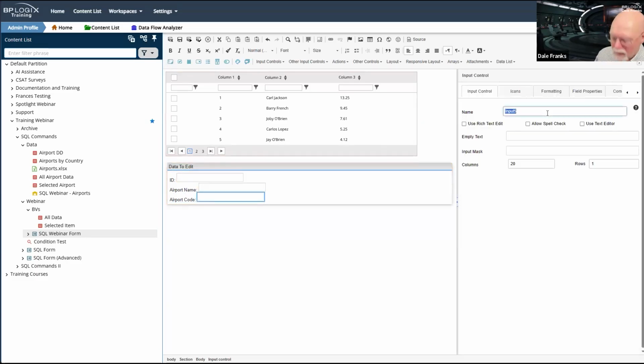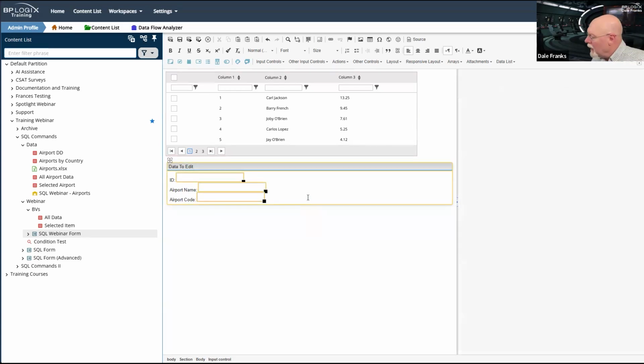And we'll call it airport code. We got plenty of time. I might as well do all 7 fields.